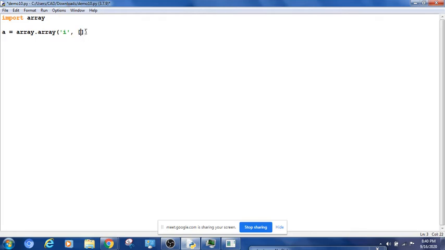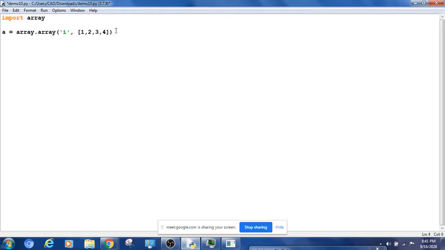I will create some elements like this, integers. So what I am doing here, guys, is creating an array of integers with 5 elements, or 4 elements actually. So I am creating an array of 4 elements, which are of type integer, and the name given to that memory is A. This is a reference. Now how did I do it? First I imported this module, and from that module I called the function called array.